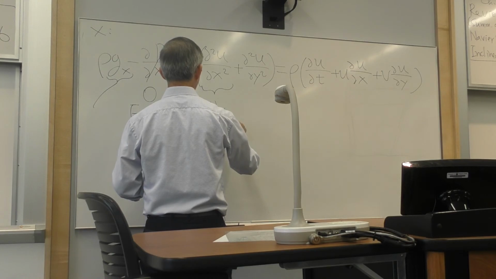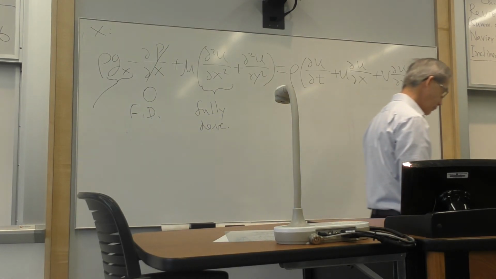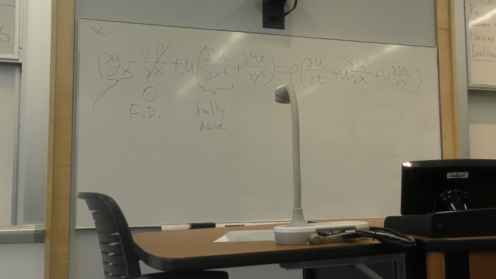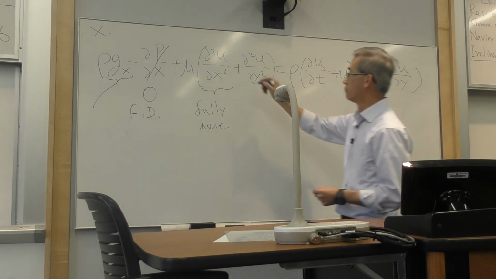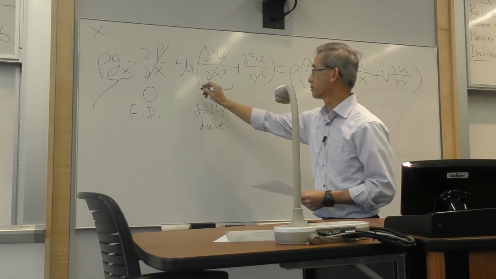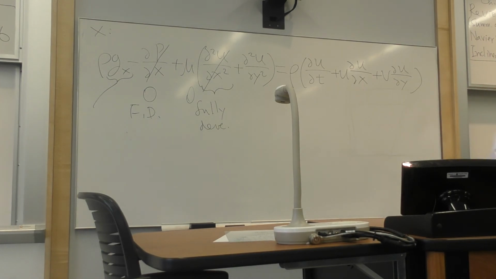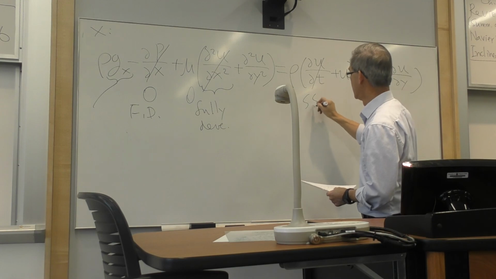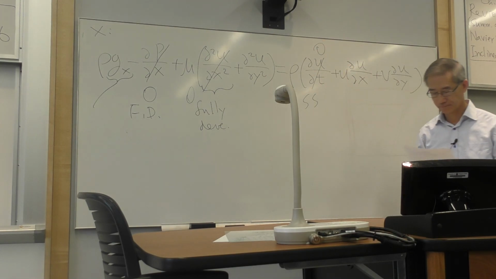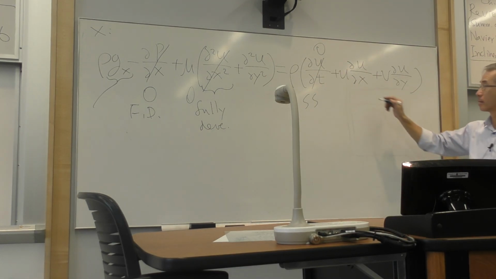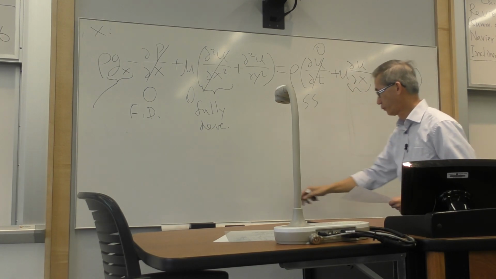Fully developed flow also implies the second derivative is also 0. So the term within this bracket is also 0. That's the left side. Only one term left, plus gravity. On the right side, steady state, 0. Fully developed,